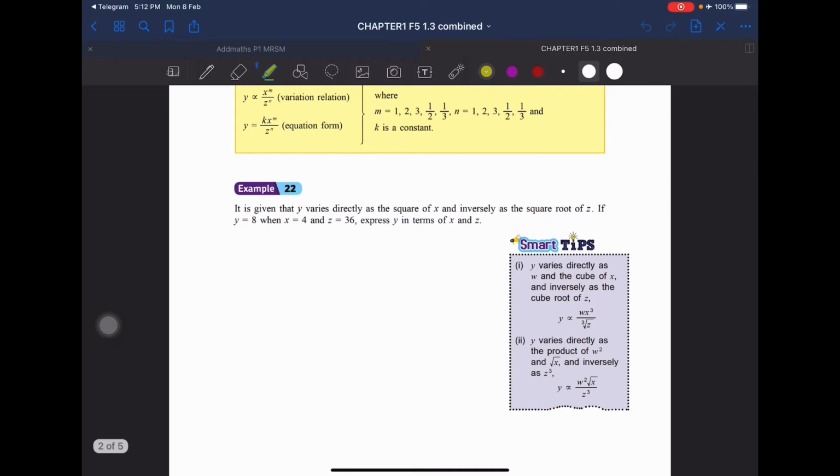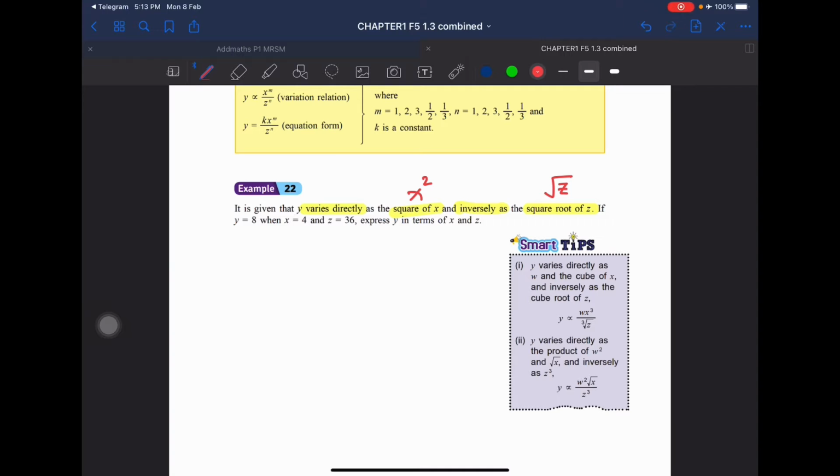So we have a look at the first example of this subtopic. Example 22. It is given that y varies directly, and please make a habit to highlight the keywords from the question. It is given that y varies directly as the square of x, so the square of x is x square, and inversely as the square root of z. If y equals 8 when x equals 4 and z equals 36, express y in terms of